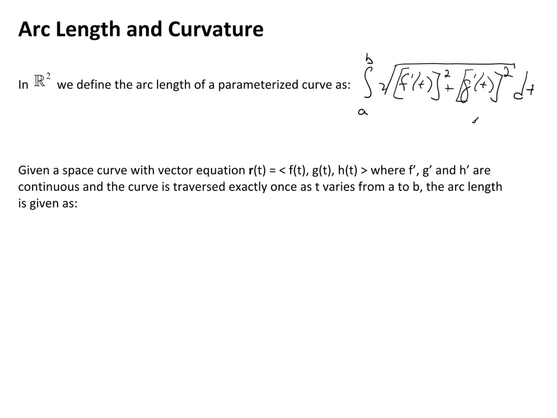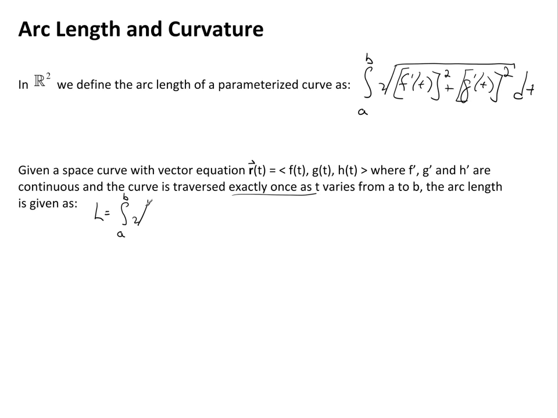So given a space curve with a vector equation r of t, remember this is a vector, it's parameterized as f of t, g of t, and h of t, so obviously we're in 3 space, where f prime, g prime, and h prime are all continuous, and the curve is traversed exactly once as t varies from a to b. This exactly once is kind of important. Then the arc length is going to be given as L equals the integral from a to b,